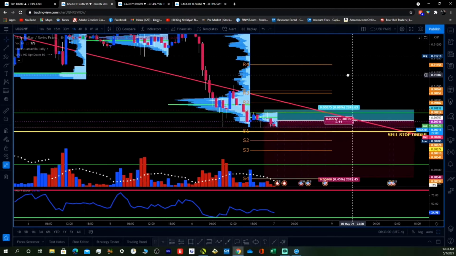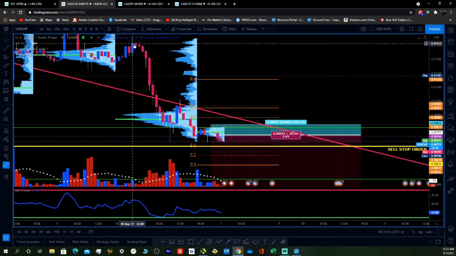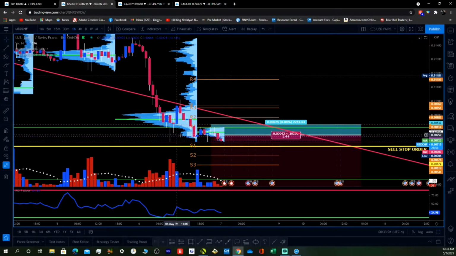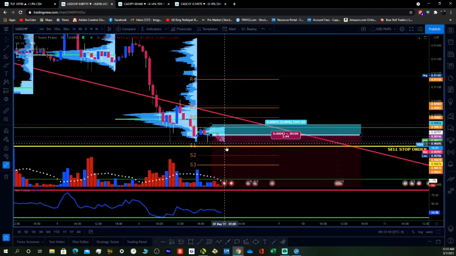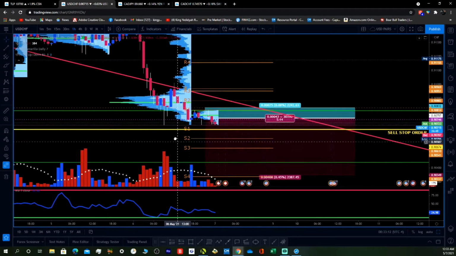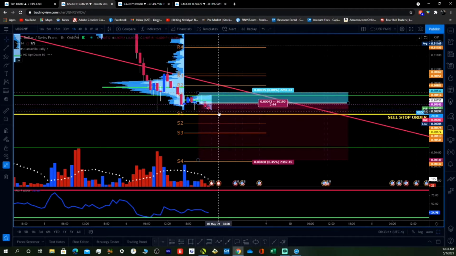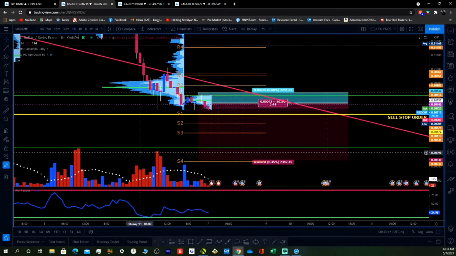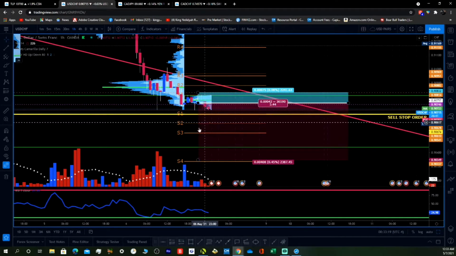I don't have a name for this setup, but when price has this waterfall and moves sideways and then drops off on the support level, I love those trades, man, because a lot of times they work for me, you know. So I gotta develop my strategy for this more, you know what I'm saying?